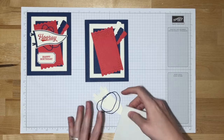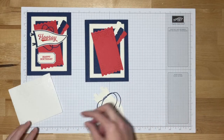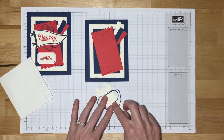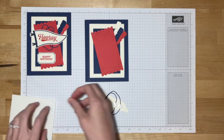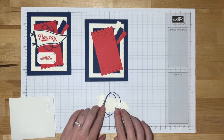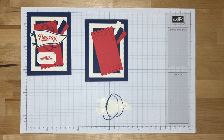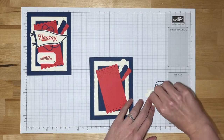And I'm going to use the dimensionals to hold this twine in place where I want it to be. It isn't necessary to have dimensionals that close to each other, but because I'm using it to secure the baker's twine, I am going to put them that close to each other. Now I will peel the release paper